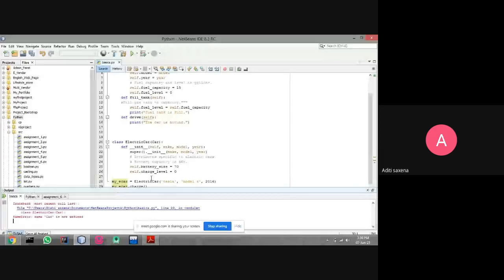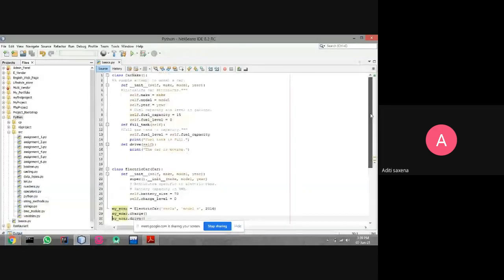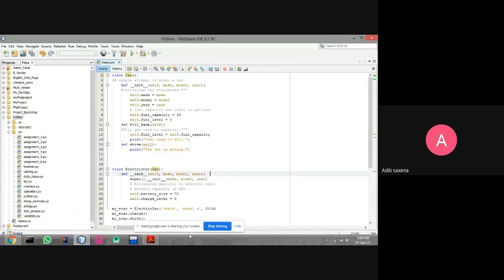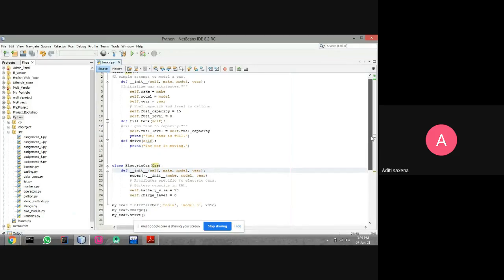Car is not defined. Why? Okay, I have changed the name. Charge level attribute.